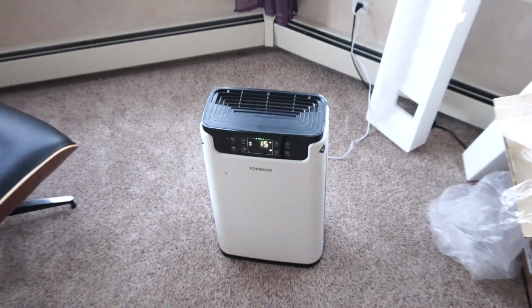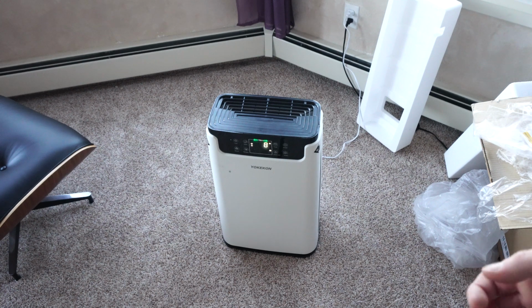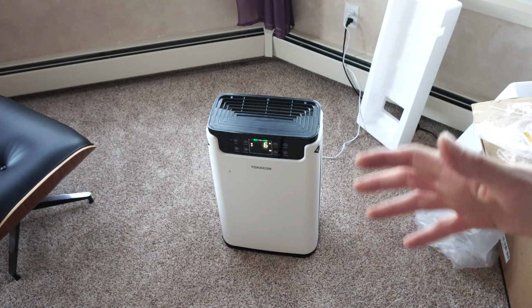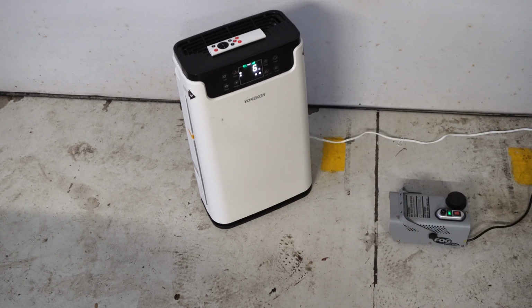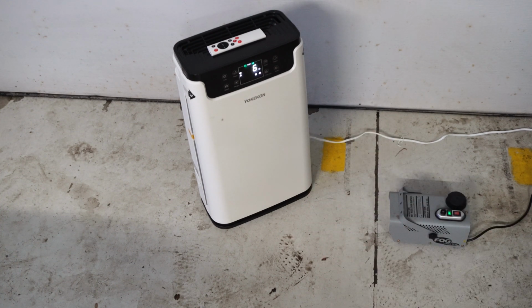So we're going to run a few more tests here. The first thing I'm going to do is we're going to run a smoke test. And then I'm going to leave this just running in the room, and we're going to see how the room smells, how this thing works after it's had at least 72 hours of operation. And then I will get back to you. So this air purifier has 2 functions we're going to test. One is it has an auto setting where it will automatically raise or lower the fan speed according to the PM index that it senses. And the number here displays that. Now the other thing we're going to test is